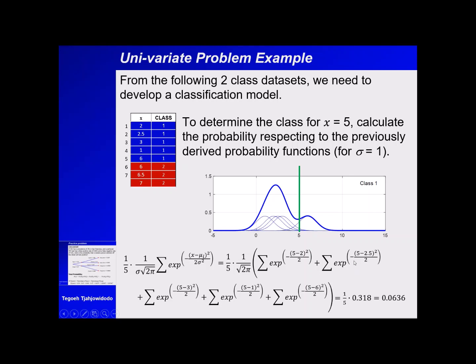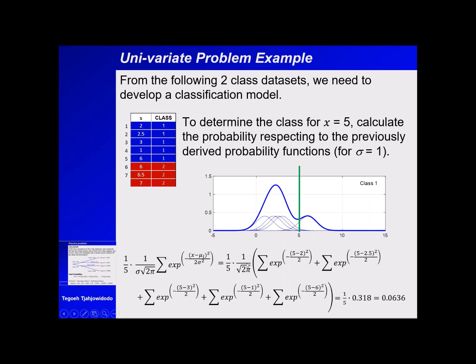And for the second term, it's the same thing. It calculates the probability of 5 given that it belongs to the second small group here, and so on and so forth. And then we multiply it by the probability of this group individually,